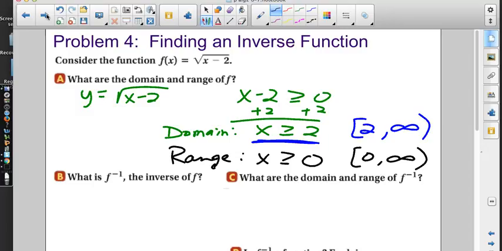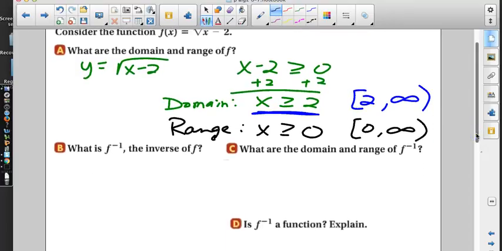Now B says, okay, well you did all that, find the inverse. Because that's what this notation says. It's not raising it to a negative 1 power. It's saying, figure out what that inverse is. And so I go back up here where I had y equals the square root of x minus 2, and I say 2 steps. Switch the x and the y,